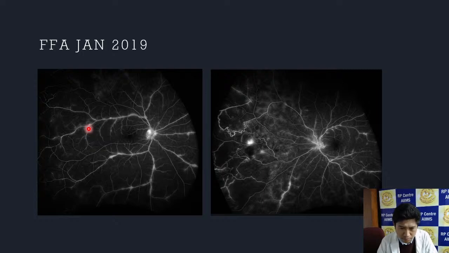If clinically the vessels were all normal and there was a little bit of leakage on FA, I would still not call it active vasculitis. It is just some perivascular staining of the vessels. But if you see the other eye, the left eye, here apart from the larger vessels, the capillary bed itself is also leaking. The smaller vessels are also showing a lot of leakage. So here definitely the blood retinal barrier is broken much more and there is some element of activity there.